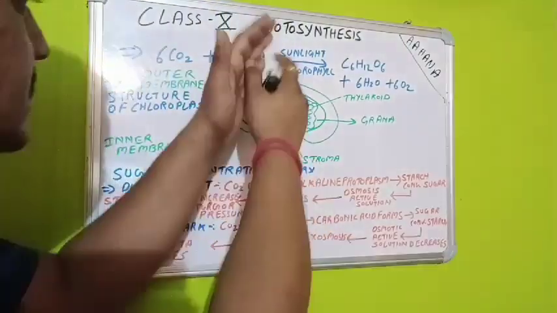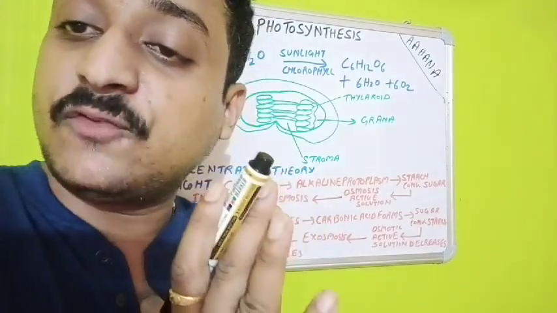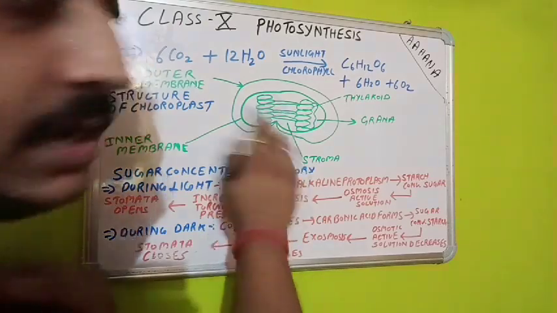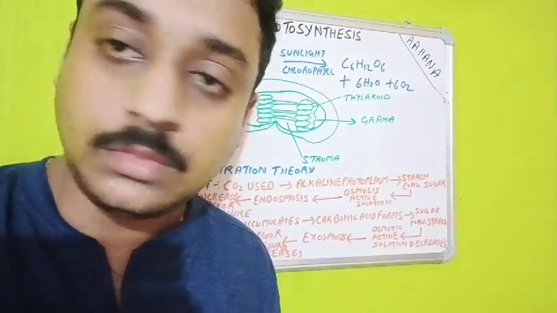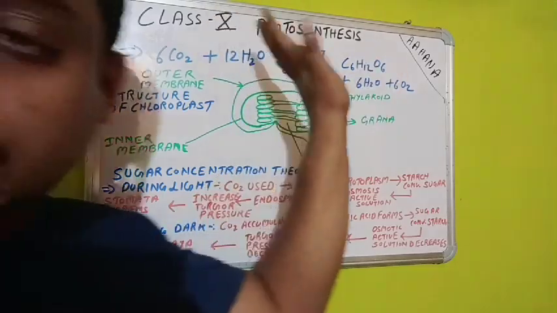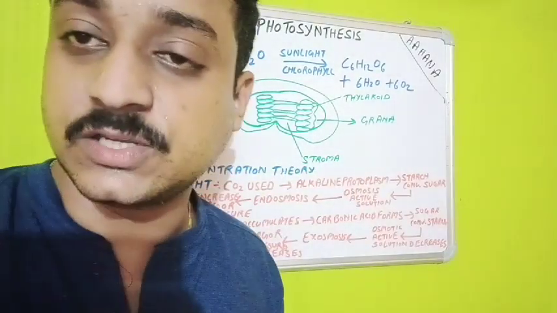So this complex structure of chloroplast consists of both the kind of reaction, that is the light and the dark reaction. So I hope you can understand it till here. Now, I think how to write the equation and understanding of the equation is clear, as well as this structure of the chloroplast is also clear.